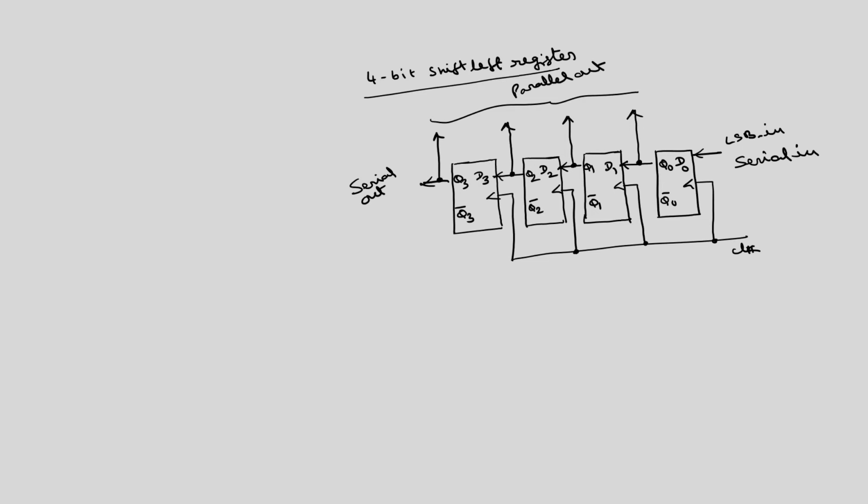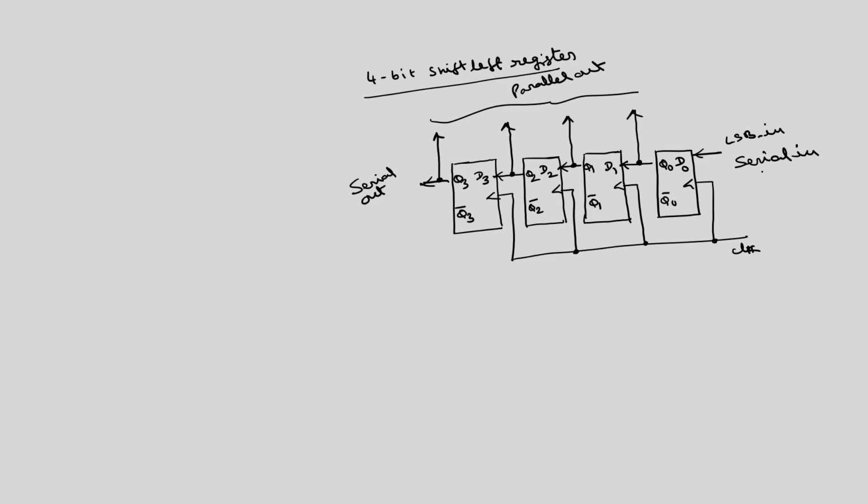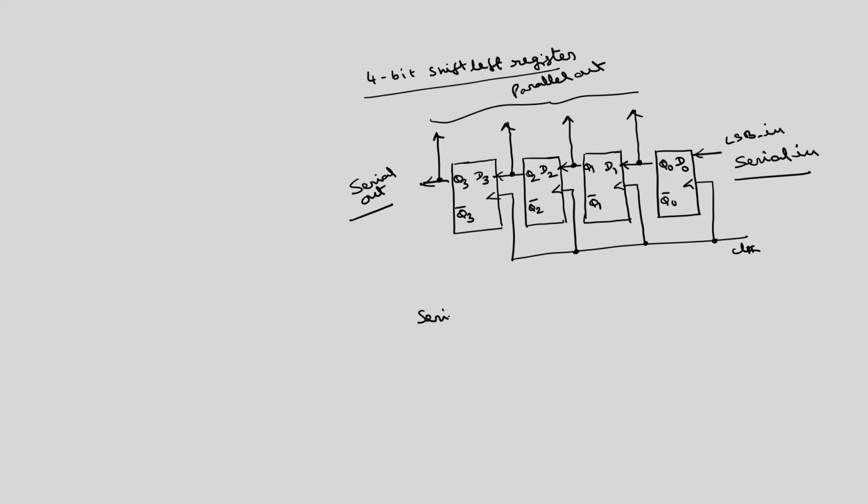So, we can perform 3 operations here. Similarly, in the previous case also we can perform 3 operations. One is serial in, serial out. So, how many clock cycles are required? As we have discussed in the earlier circuit, for serial in, serial out, we require 4 clock cycles. In general, for n bit, n clock cycles. Sorry, this is 8 clock cycles. Whereas for serial in, parallel out, 4 clock cycles.